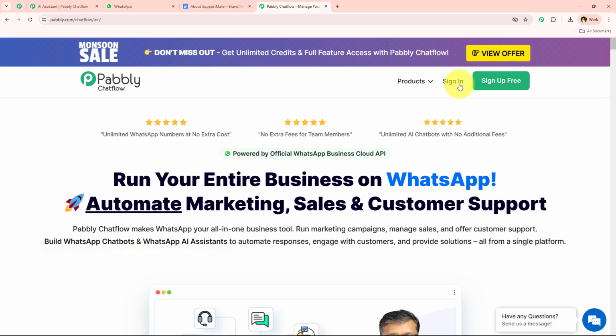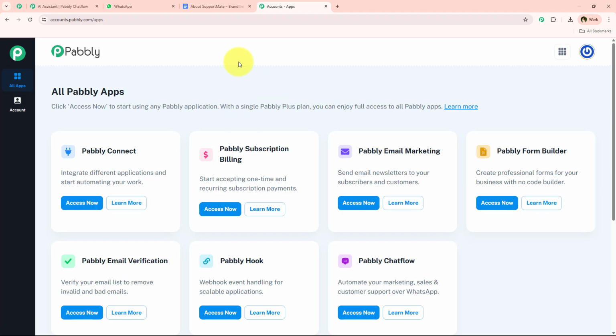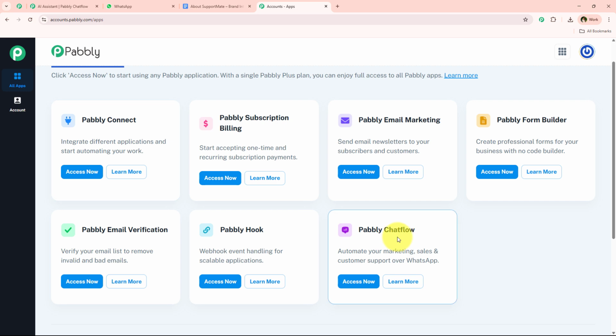But over here I am an existing user, so I'm simply going to click on this sign in right over here. And once I click on this sign in, it is opening all Pabbly apps, and over here you're going to see all the tools and applications offered by Pabbly. But in today's video, we are going to use Pabbly Chatflow because I want to automate marketing, sales, and customer support over WhatsApp. So I'm just going to simply click on this access now right over here to access my Pabbly Chatflow